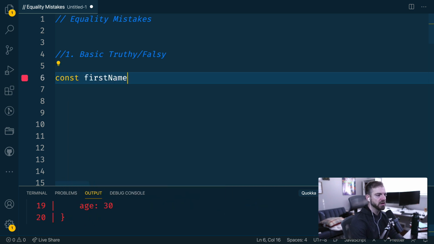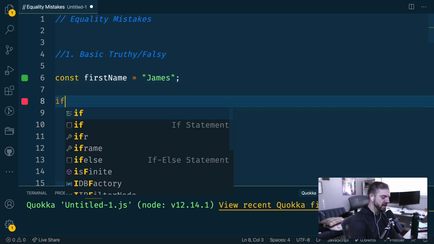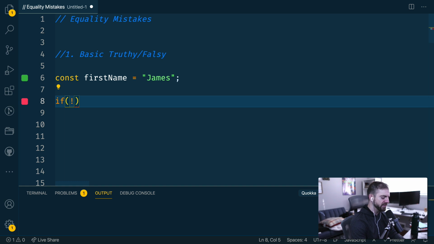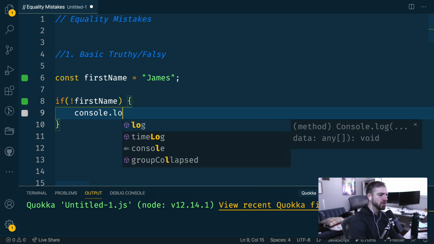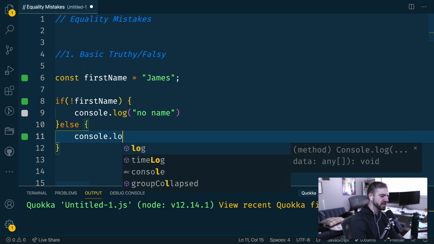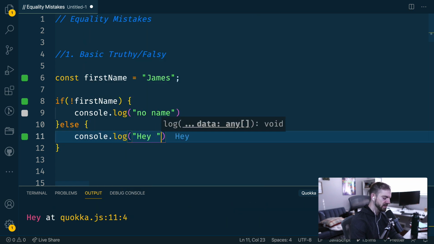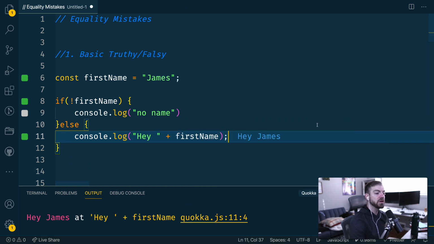If I create a variable called first name and call this James. So we have our variable, and a common check you'll see is if there is no first name. So if not first name, a little shorthand here. We'll talk about this in a second. We'll log out no name. Else we'll say console log hey, first name. All right, so you'll see here, this is gonna trigger the else, hey James,